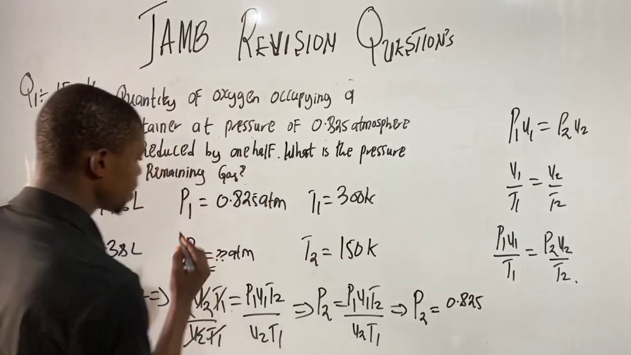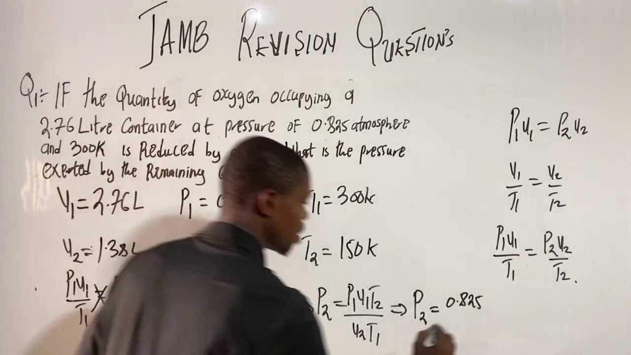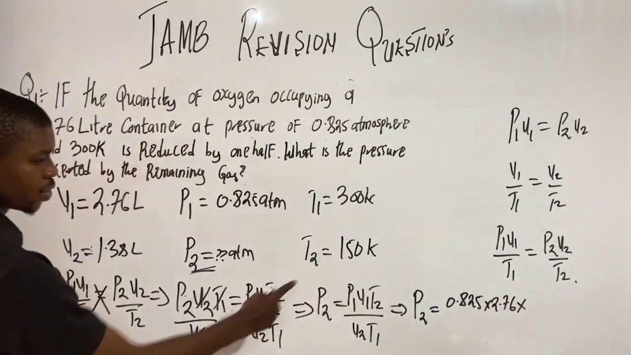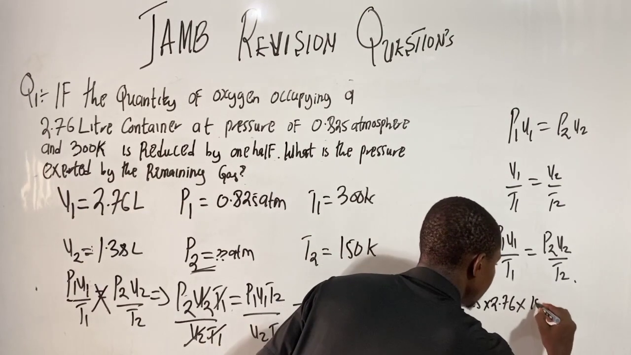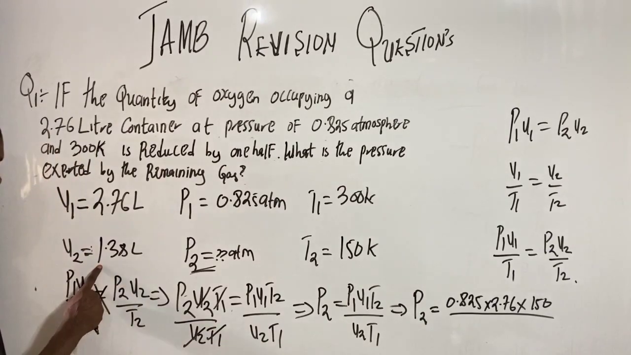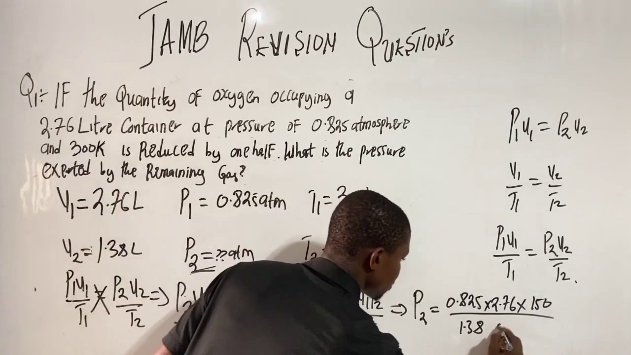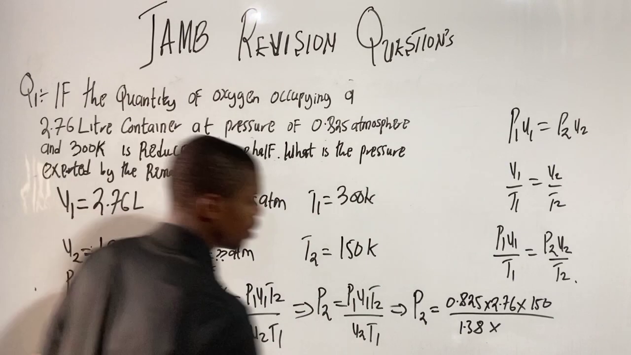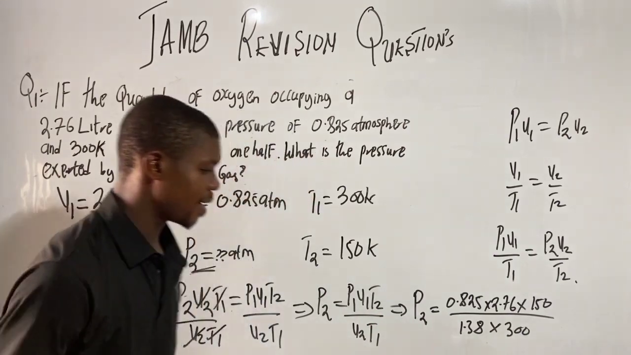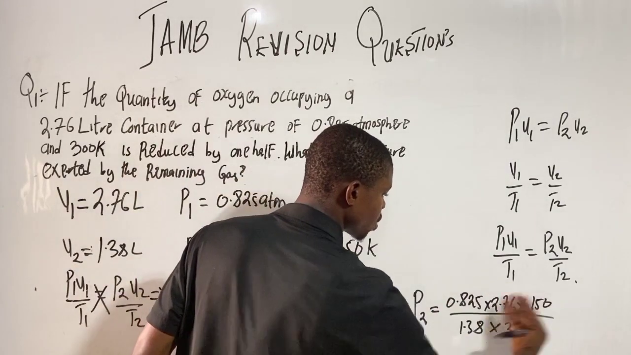0.825, right? My V1 is what? 2.76 times T2, which is 150, over my V2, which is 1.38, times my T1, which is 300. Now you can see that I did not include my units, because ATM cancels ATM, and KB cancels KB. Do that, so when you solve it,